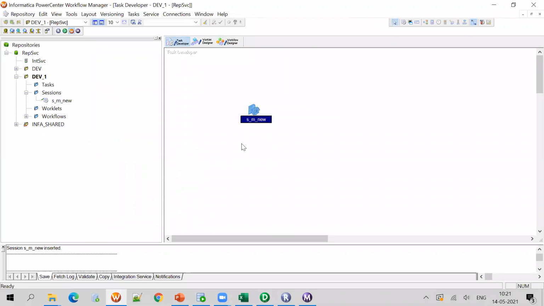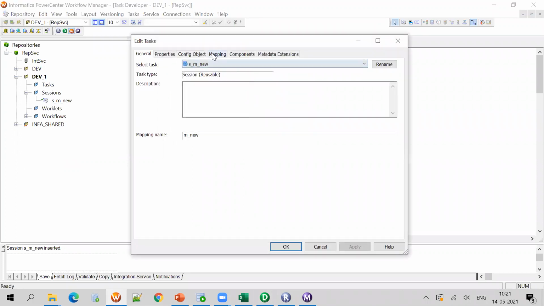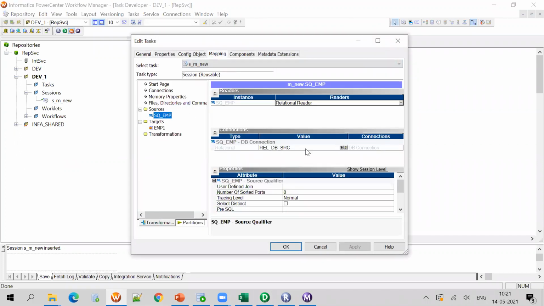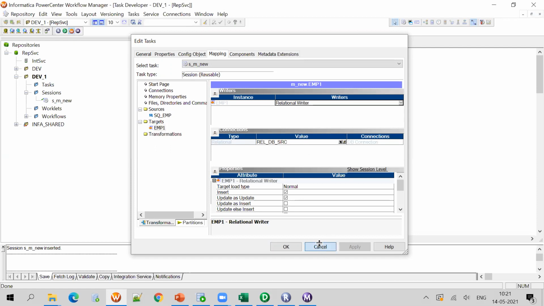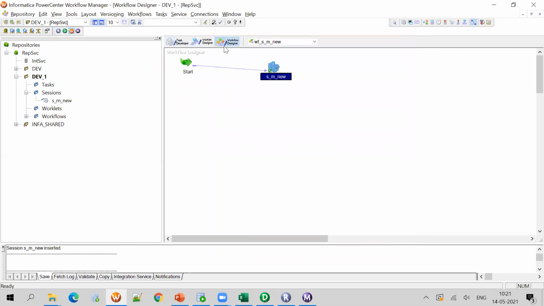Then go to the mappings tab and select the relational connection for the source. Go to the targets tab, select the relational connection for the target. Then go to the workflow manager, create a workflow and drag that session to here, link it. So now workflow is ready. Now our job is ready.